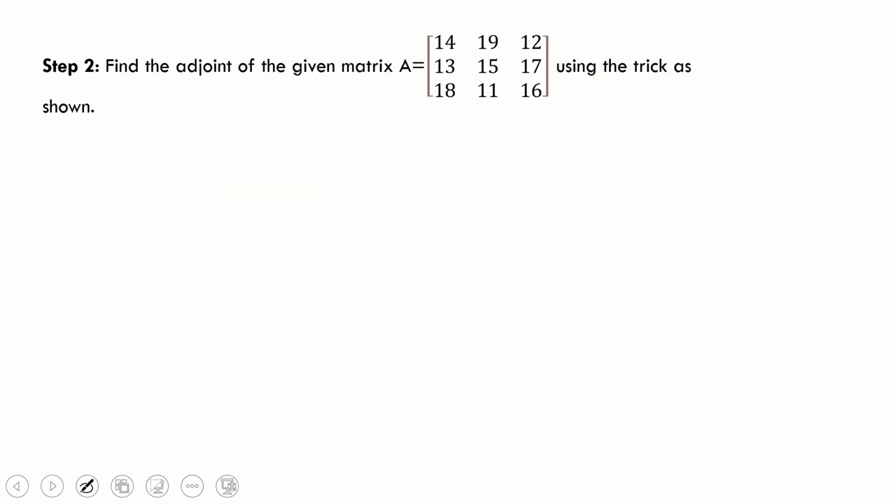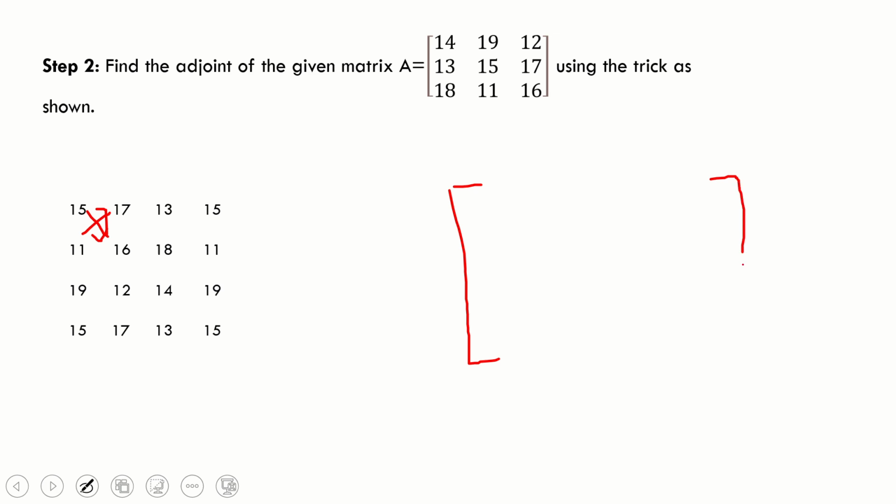Okay, now, you see, I have already arranged this one for you. Again I am explaining: 15 times 16 minus 11 times 17. Now I will make a matrix. Then again you have to go this way: 17 times 18 minus 16 times 13. Then 13 times 11 minus 18 into 15. Like this you will go, and upon solving you will find the final matrix as